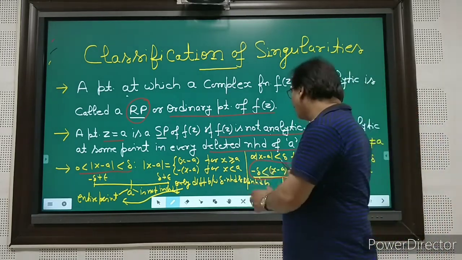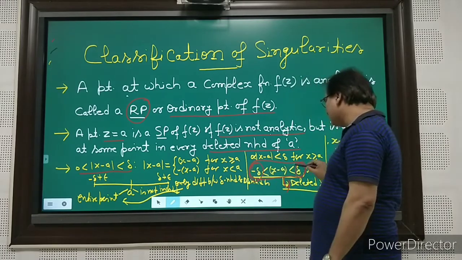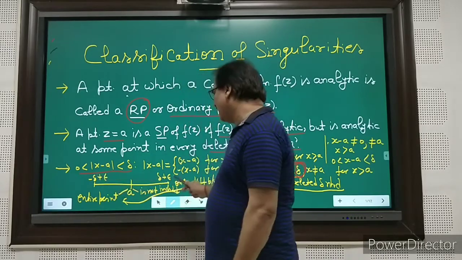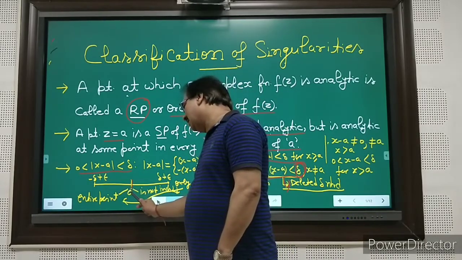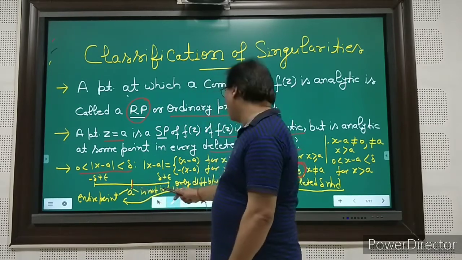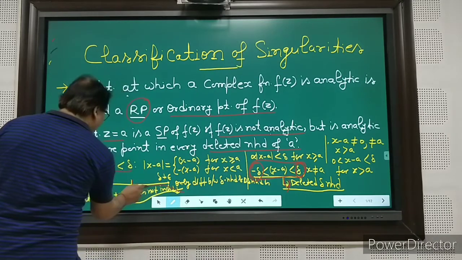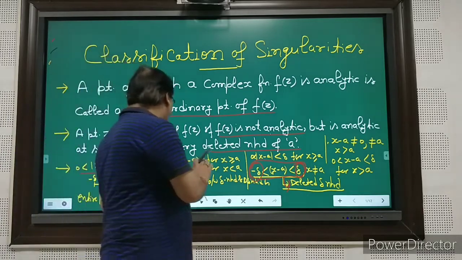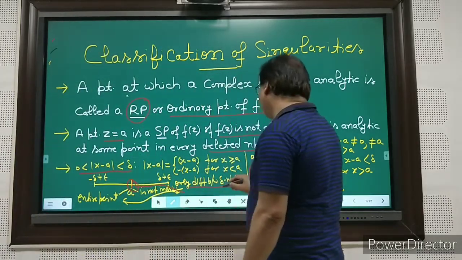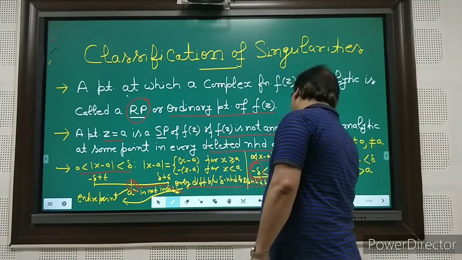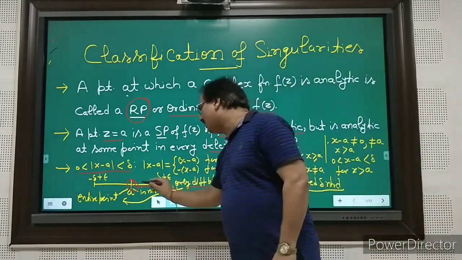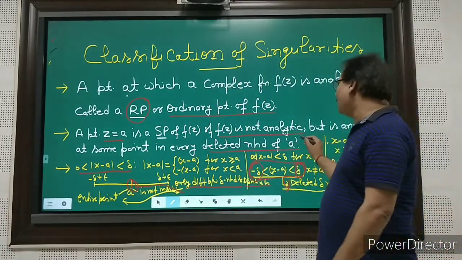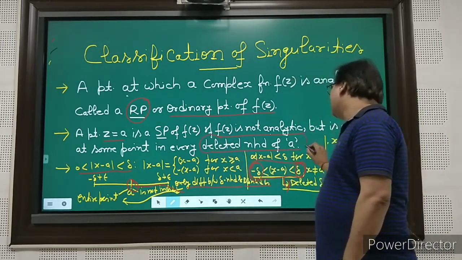Now concentrate here: x minus a is between minus del and plus del. On the line, in between there is a point a, and this point is not included. It is not included in the entire set of points. The only difference between the del neighborhood and the deleted neighborhood is that the point a is not included. In that sense, we use the term deleted neighborhood of a.